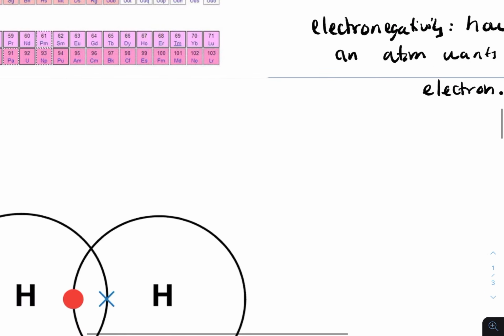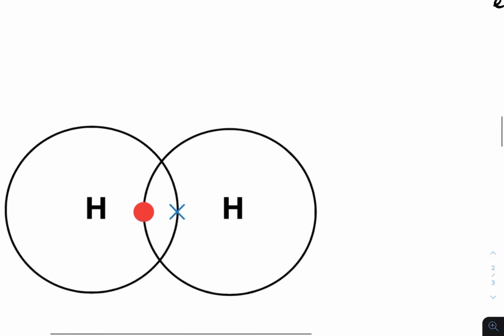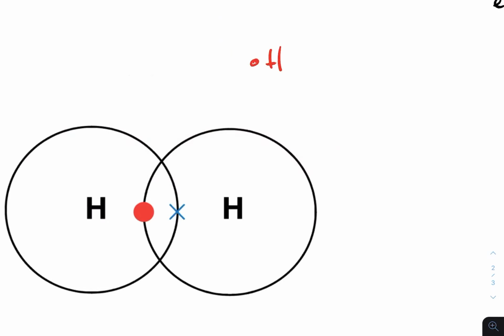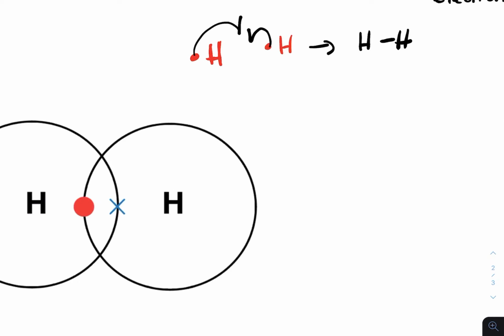Now, I did talk about H2, right? Usually, hydrogen has one electron, and this is really unstable. When it meets its twin, another H, they usually come together to form that diatomic molecule, H2, right? And this dash is representing the two